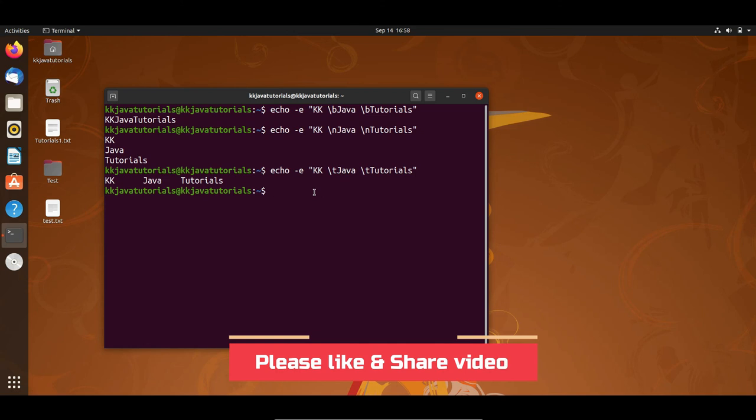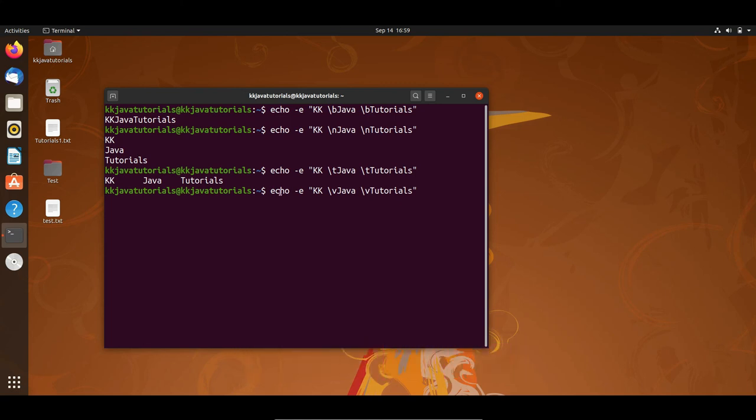Now the next option I'm going to talk about is \v. Make sure that you have specified this flag -e. All right. Now when we talk about \v, what I have provided between these words is basically used to create a vertical tab space. If I press enter, then you can see a vertical tab space is created, right?